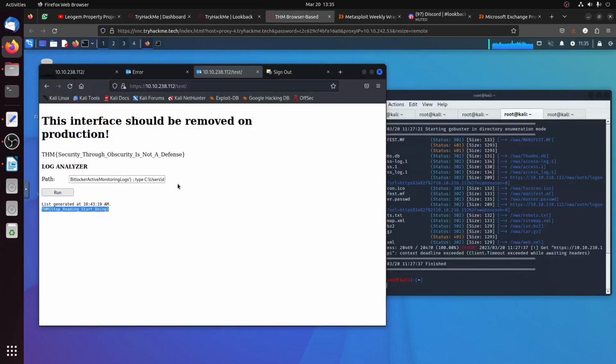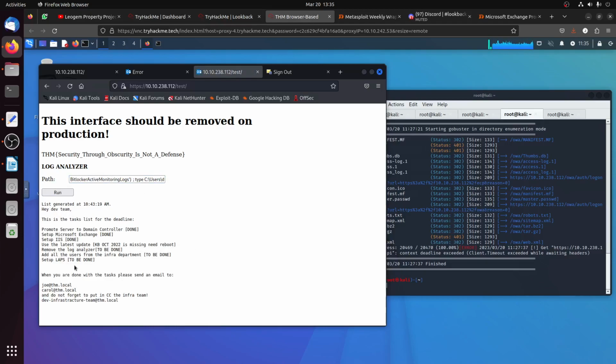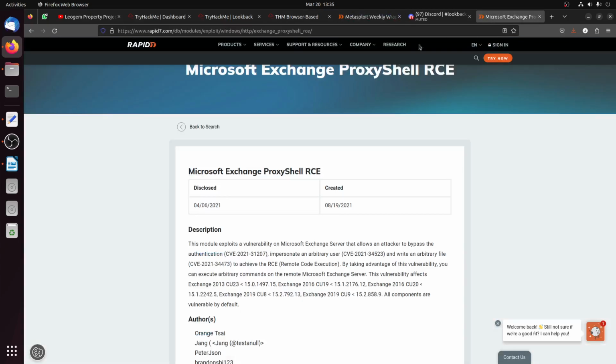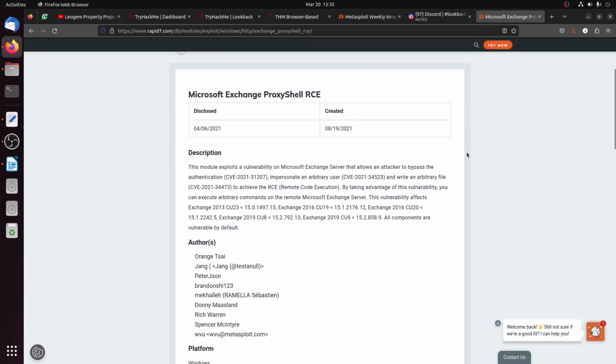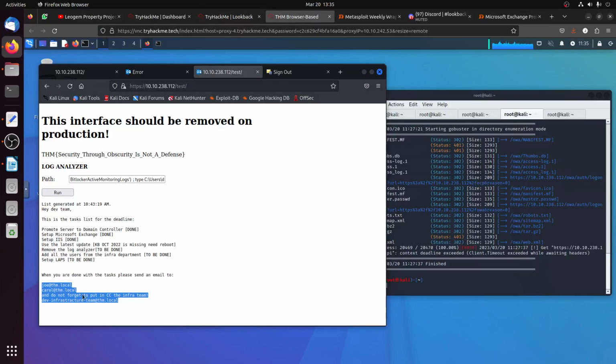Of course, you saw there was a file called todo.txt. Here it says Windows is missing an update. It is 2022. It gave us some emails, and then if you search for Microsoft Exchange, it has this ProxyShell RCE, and that explains why it gave us these emails there. We can see now if we run